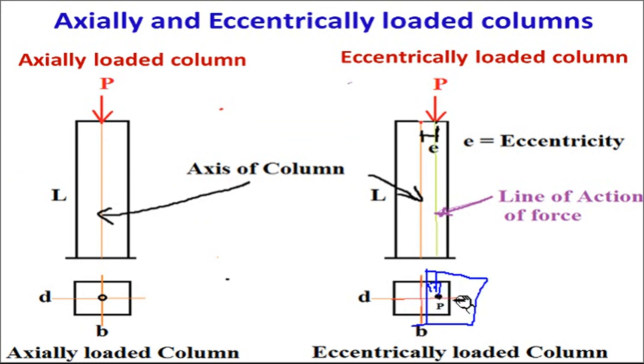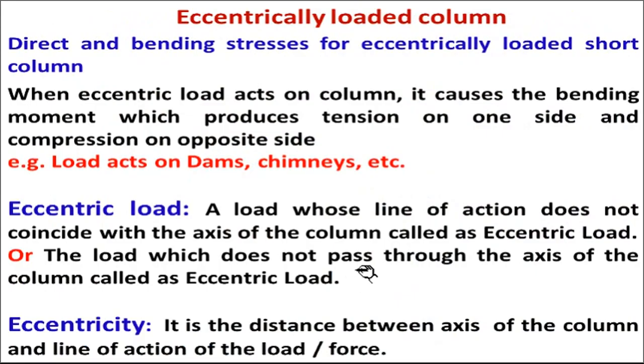This right side portion will try to compress because of the load. It will come down. At the same time, due to the axial load, the force of action will be downward. But due to eccentricity, this particular end will try to lift. Because this is compressed, this is to be lifted, so here there will be compression and here there will be tension. Whenever there are bases or foundations at the columns, normally they are under compression or tension, depending on how the load is acting on the column.